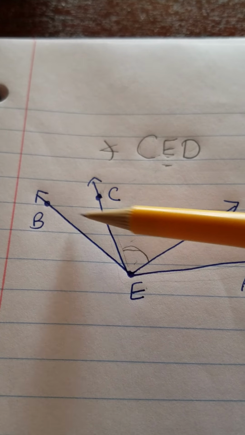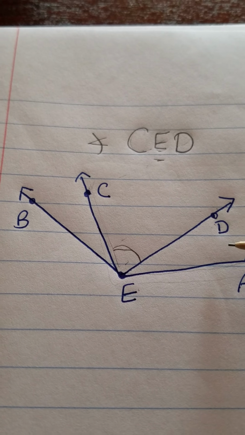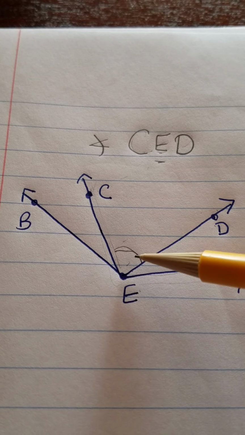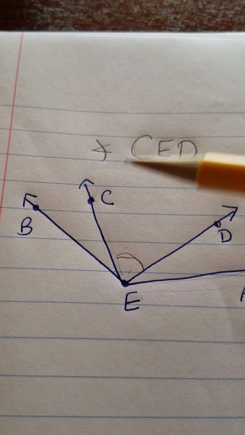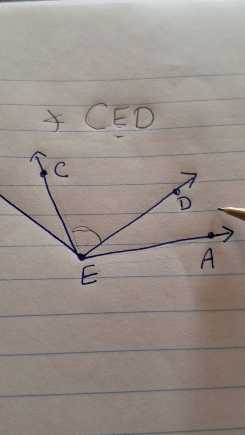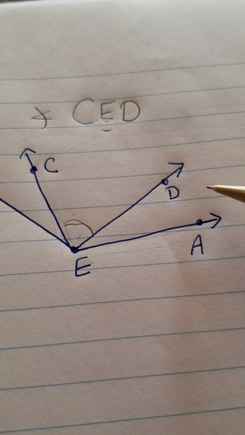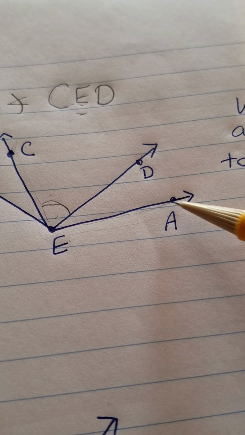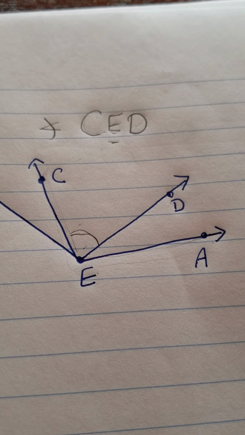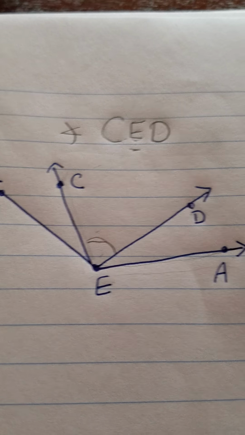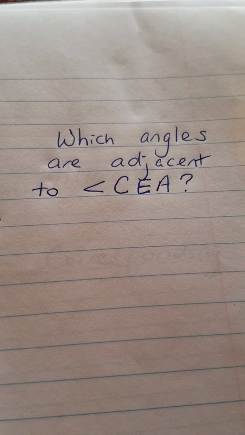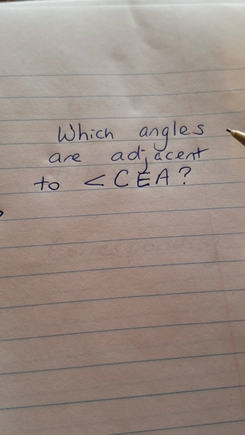So is angle BEC. Now, you can name them BEC or CEB. It's the same angle, so don't get confused. It's like Michael, same name. DEA or EAD, same angle. Those two are adjacent. Now, one of the questions that got you, I think, on IXL, which angles are adjacent